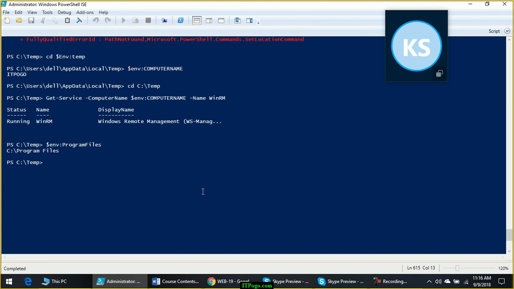Yes, these environmental variables are useful within the scripts because you cannot assume things in script. You cannot assume that the program files installation folder might be program files only, so I will install it there. No, don't guess. Read it from the environmental variable because it will always give you the correct path for program files.